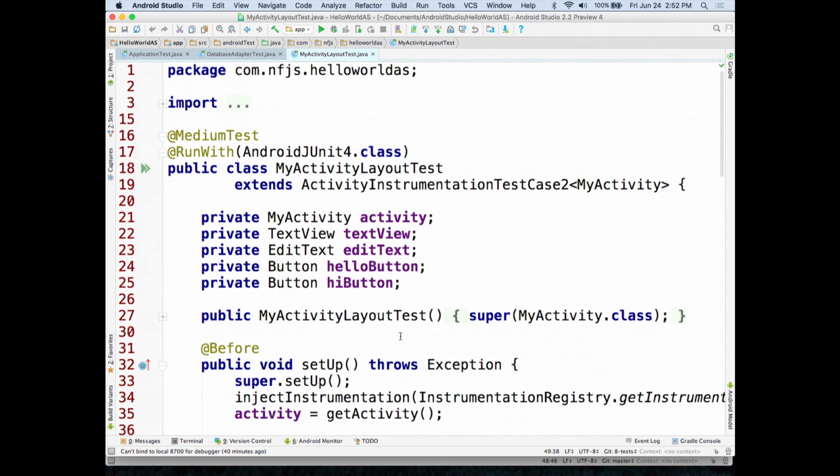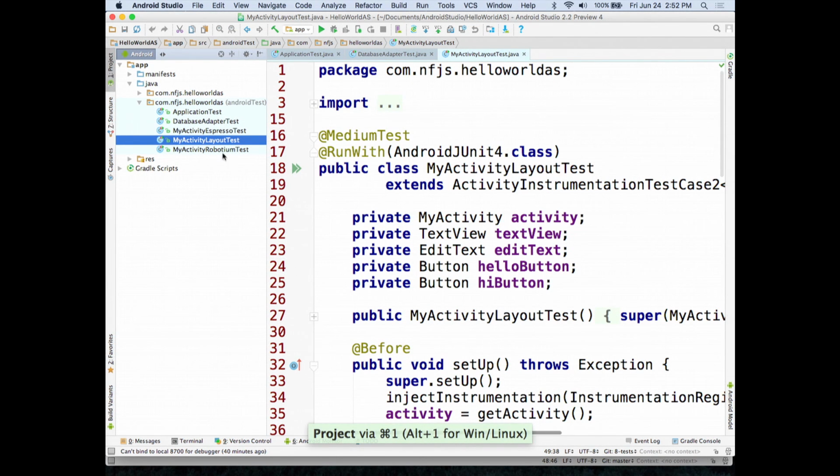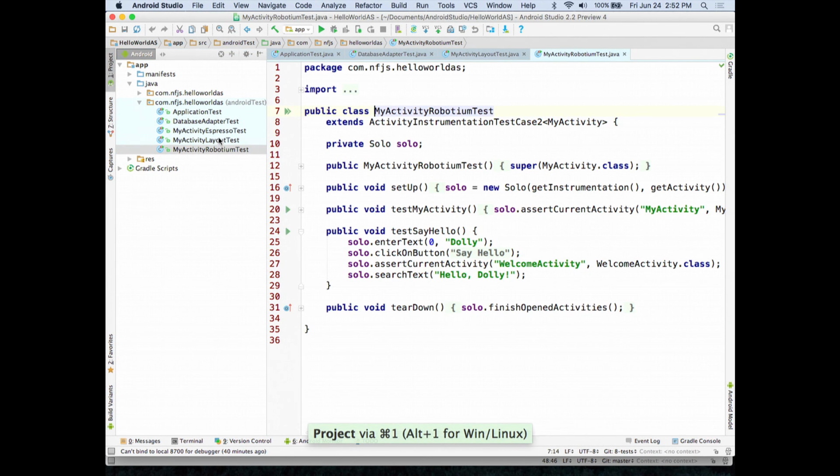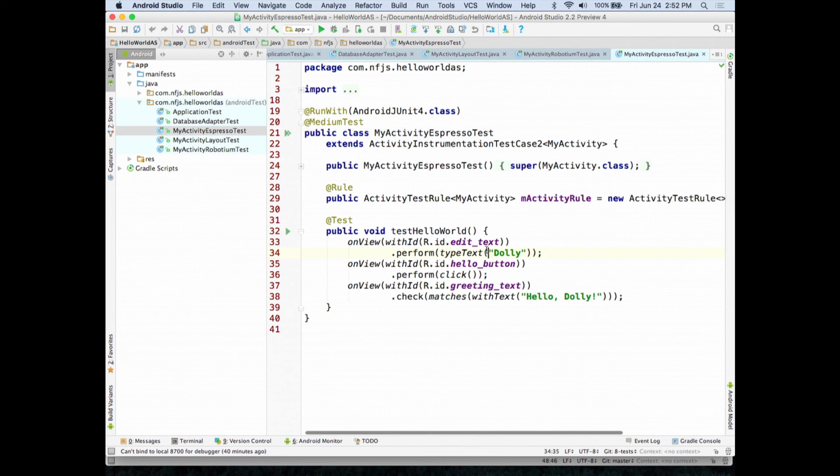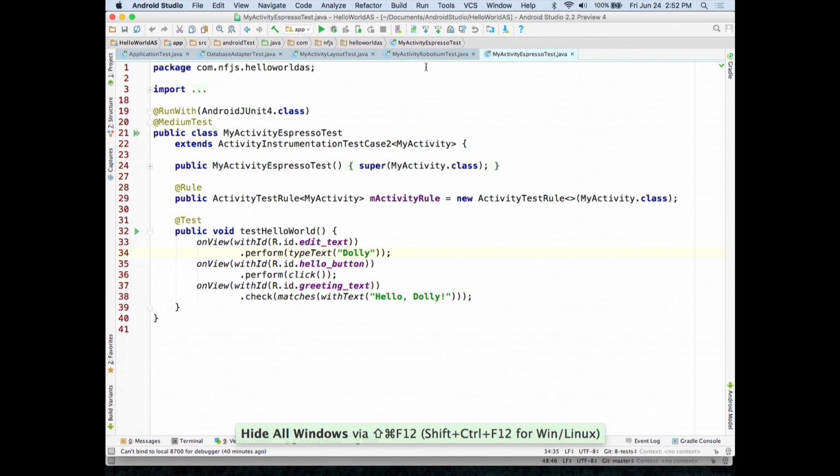So this is a regular test, but it's just testing things that are static. I'm not actually manipulating or clicking any buttons or filling in any fields on this one. To do that, I have two approaches. One is this Robotium one, and one is the Espresso one. So the Robotium one